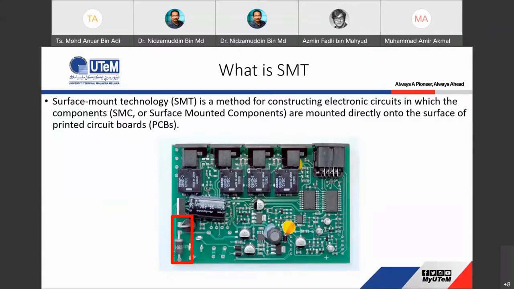So we go to the basics first. Surface mount technology is a method for constructing electronic circuit boards in which the components, which are the surface mounted components, are mounted directly onto the surface of the printed circuit board. As you can see, this PCB is mixed,